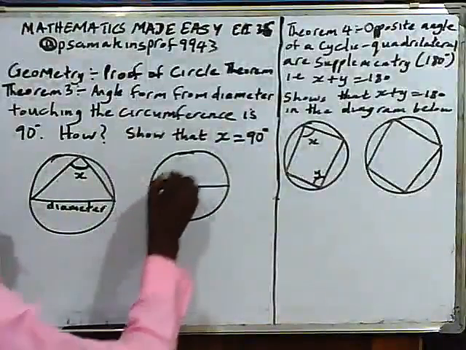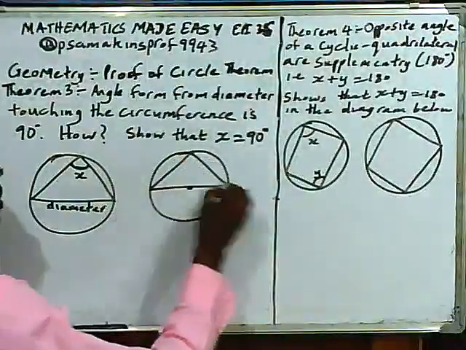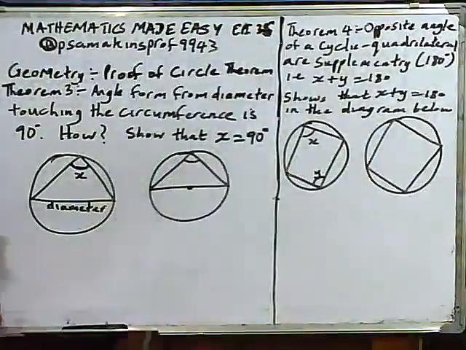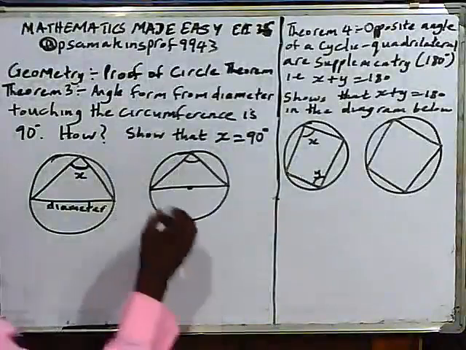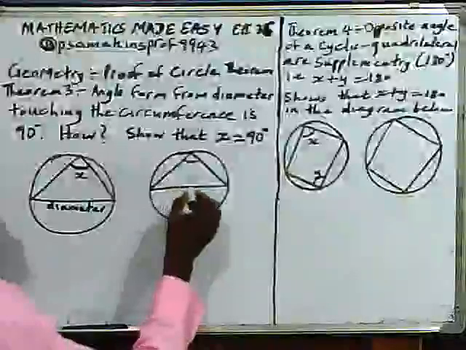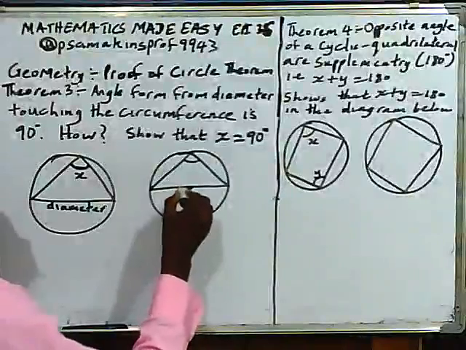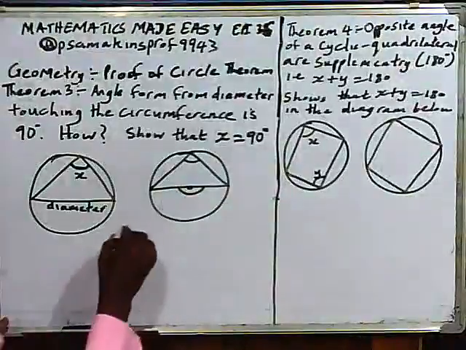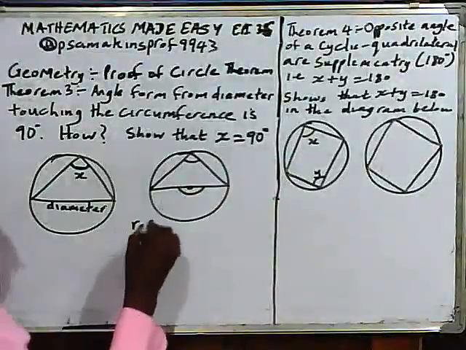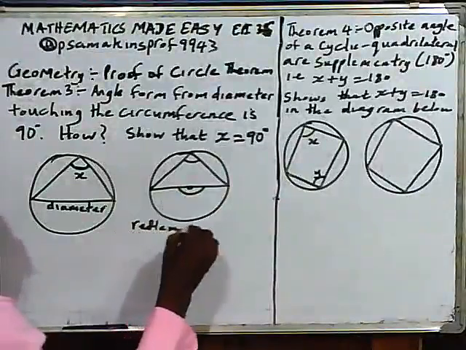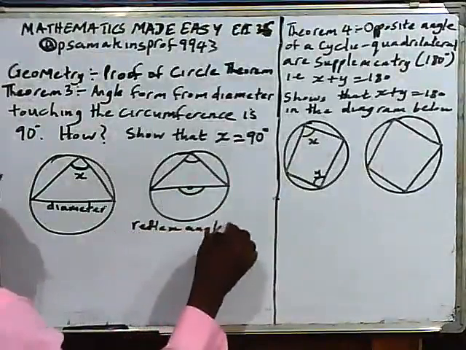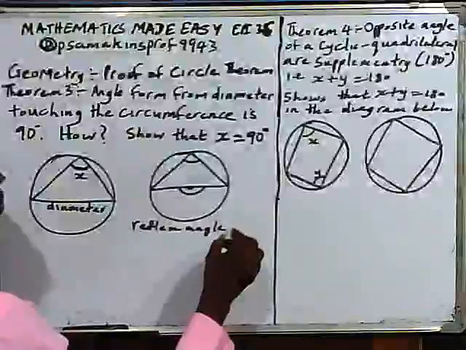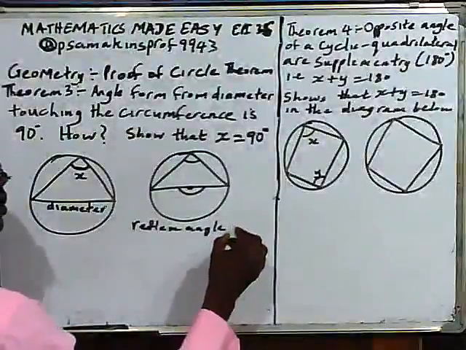So we have this shape. This is that angle we are looking for. So the angle at the center here, reflex angle here, is 180. Reflex angle at that point, or angle on the straight line, is